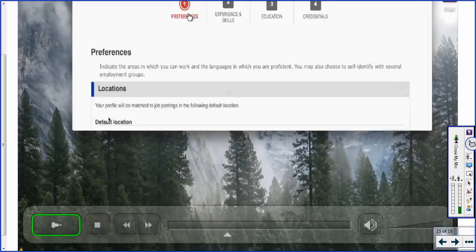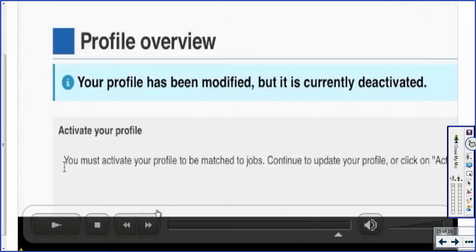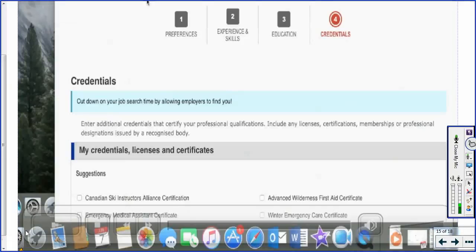Right now, I could have clicked all the way to 4. I could have clicked on credentials. I could have skipped everything, right? So then I get to the end. I wonder if I can fast forward. Ooh, it looks like I can, right? So I'll just go back a little bit, show you near the end here.